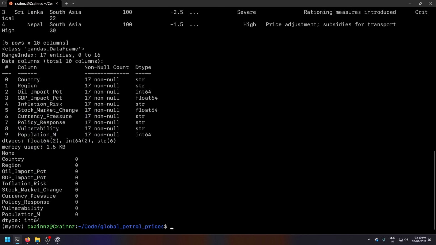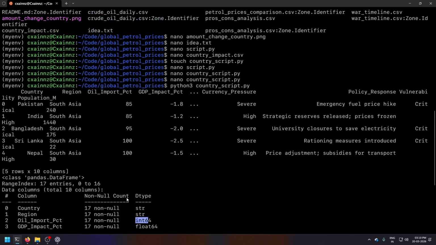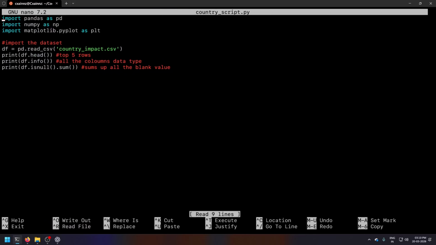Okay, so as you can see, there is no null value. All the data is present over here as string, int, float, and so on. So again, everything is good. I just print all those things. Now I want to print df.